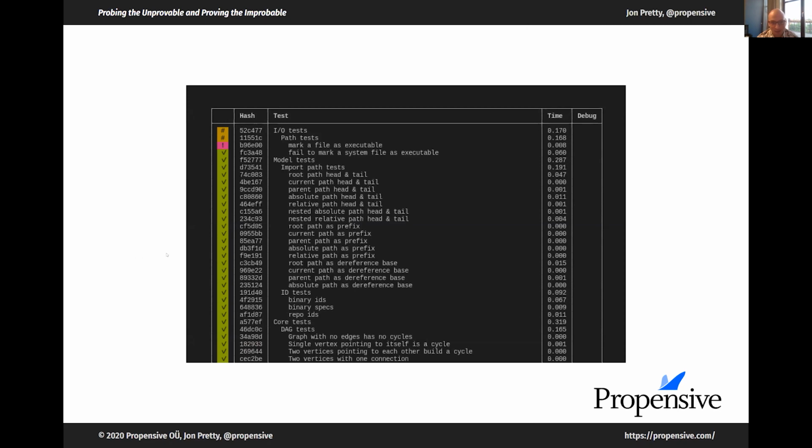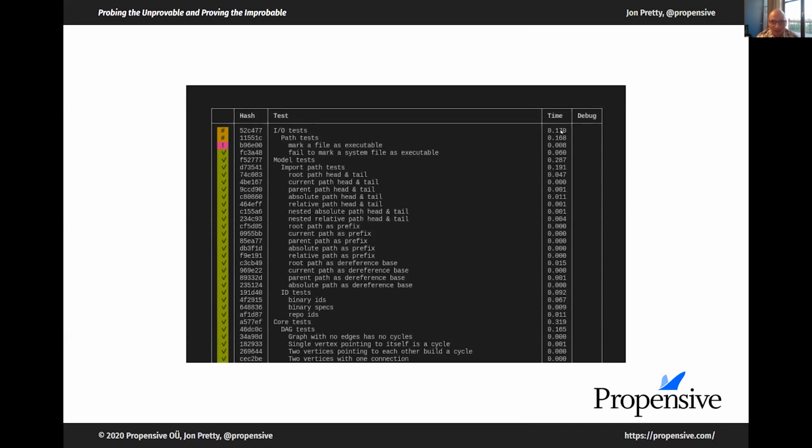There's a key at the bottom, I think you probably saw on the previous screenshot. The test suite, path tests, is marked with an orange hash because it didn't entirely succeed and it didn't entirely fail, so it's neither a success nor a failure. And that caused the IO tests, of which path test is one subsuite, to also be an incomplete success.